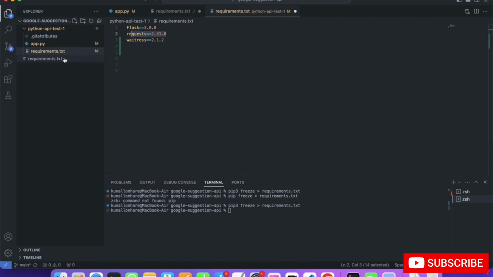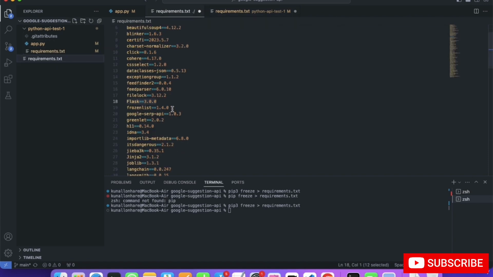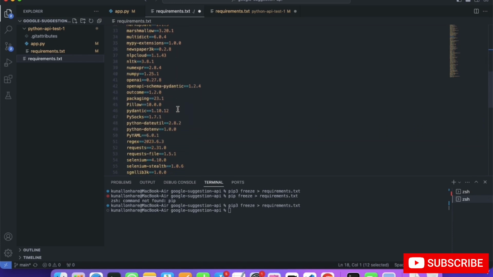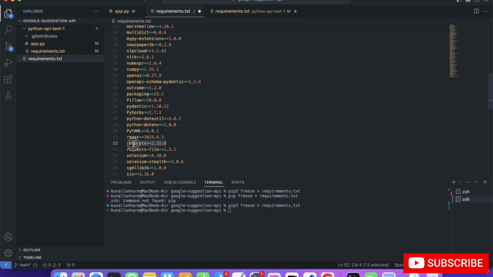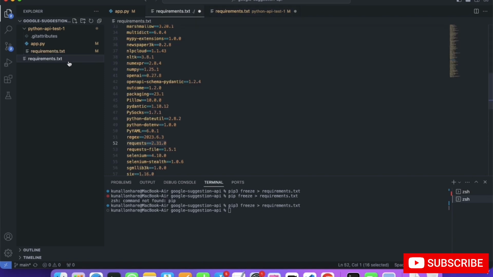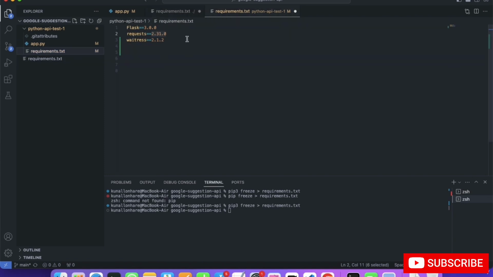Similarly for requests, just search for requests. Requests should be here as well, like this. It's 2.31.0 in my case. So just copy that and paste your requests version here. That's how you have to do it.